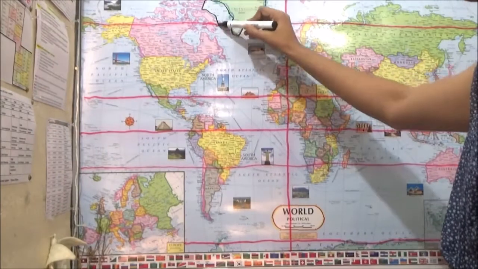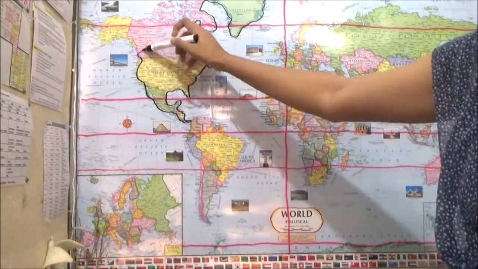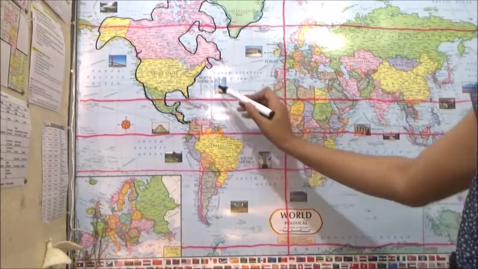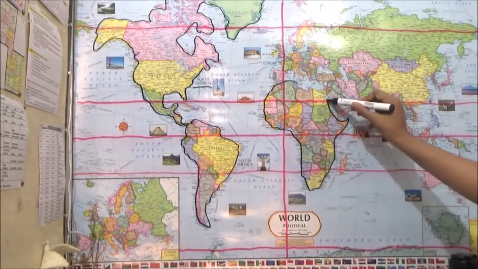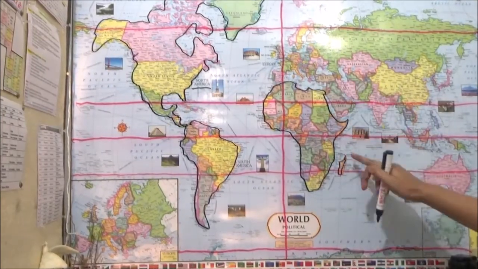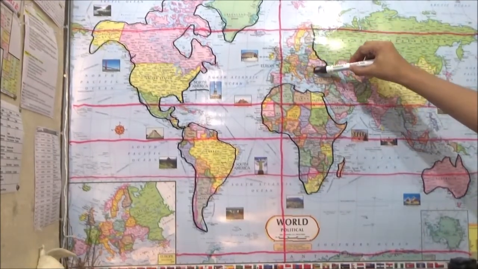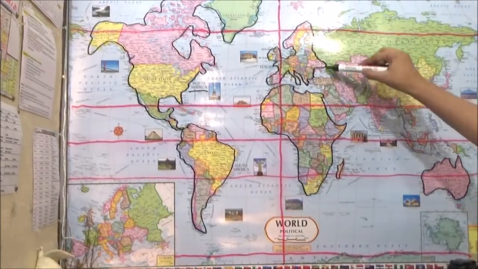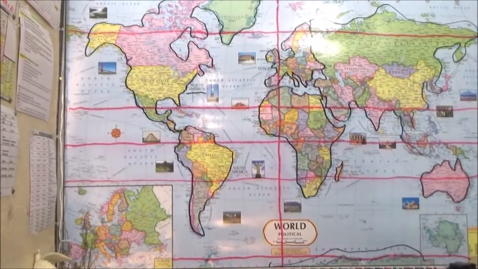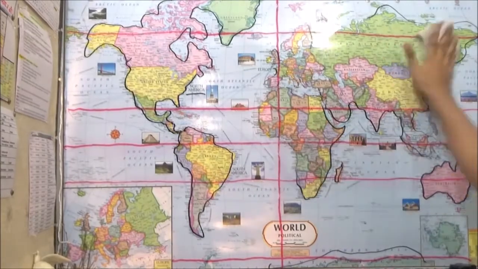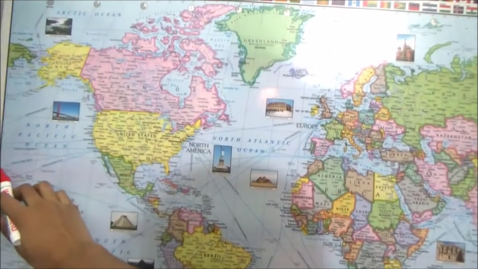Now I am simply practicing and drawing the outlines of the continents of the world. So this exercise helped me to remember the shape of the continents. I practice it on this particular big map and also on the small maps. But this particular exercise also helps me to remember how many lines are passing from which country. So for example, Africa passes through all 3: the equator, Tropic of Cancer and Tropic of Capricorn. The advantage of having a big map is we can draw, we can redraw, we can erase things. It's very good to practice.